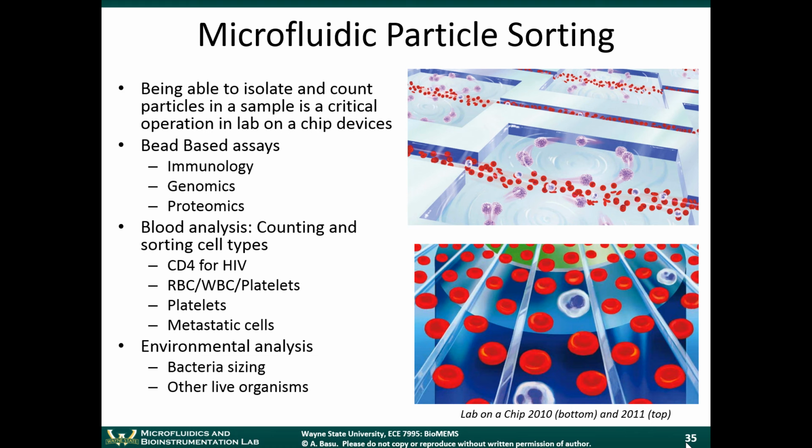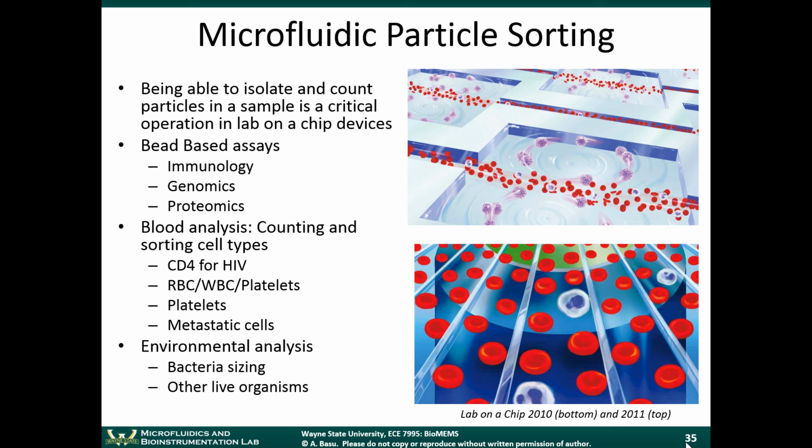The number of circulating tumor cells that you may have in your blood is indicative of what stage of cancer that you may have at the particular time. By analyzing the circulating tumor cells, you can actually find out where the cancer originated. Okay, all these techniques require methods to capture particles or capture cells in a liquid, to be able to sort